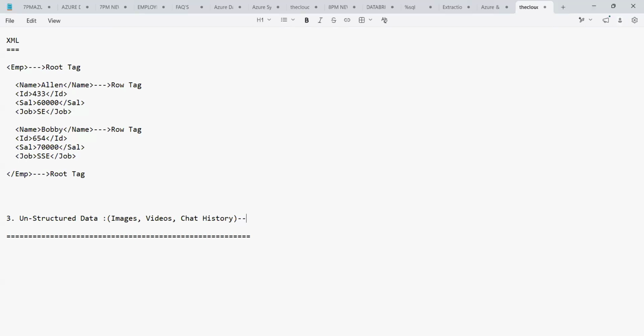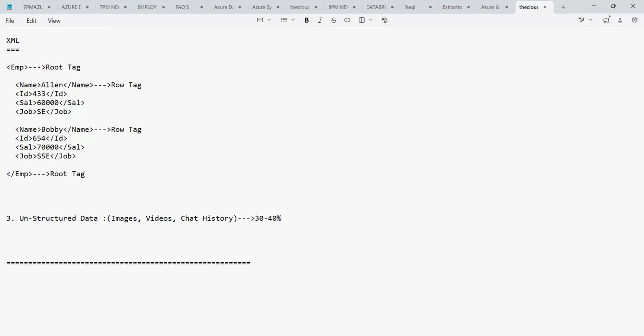The rest of the data, whatever we have, around 30 to 40% of the data, we will get in this format, guys. Whenever we have this kind of unstructured data, the user, that is nothing but the data engineer,